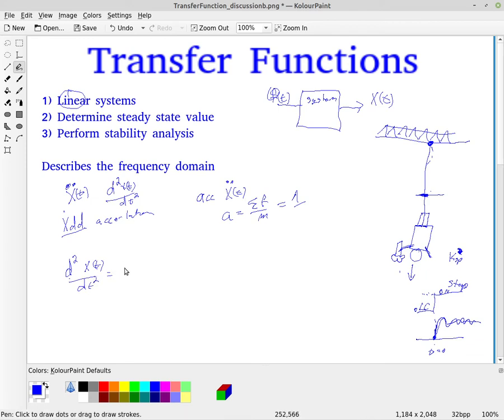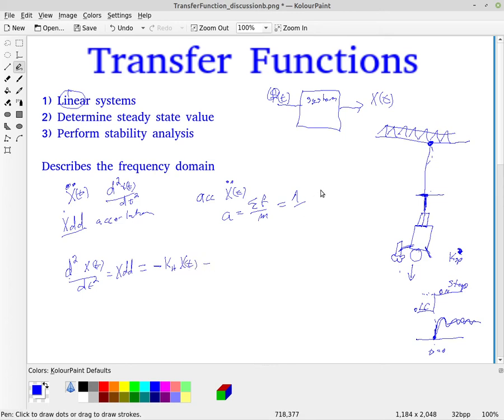So the second derivative, which is our acceleration, I'm also just referring to as x double dot. That is equal to Hooke's law, right? We've got Hooke's law, which is the spring effect within there. So that's going to be minus k_h, for Hooke's law, times the distance of the stretch,